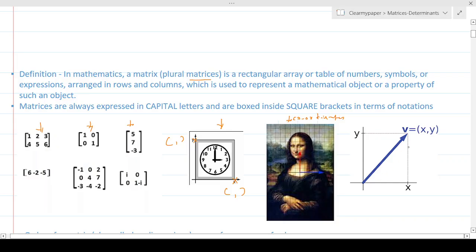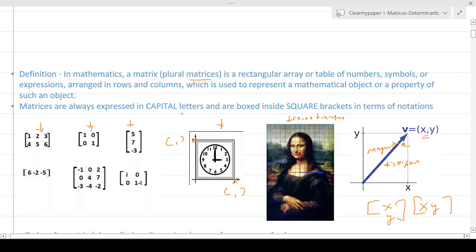Similarly, for a vector, the computer does not really care about what is a vector and all those things. The computer just wants, okay, if this is a line, this line has a magnitude and a direction. That's the definition of a vector, magnitude and direction. As long as I tell it the magnitude and direction in terms of x and y coordinates and condense it either like this or like this, any condensed format within this notation becomes a matrix. You arrange the numbers to represent that. That's what a matrix is all about.